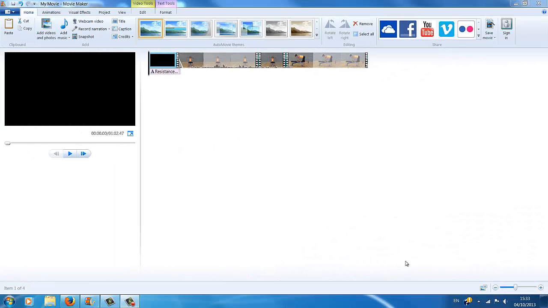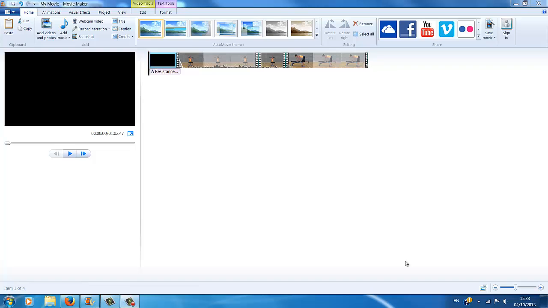So finally, the last thing you need to do is actually produce or save your movie. As you can see, this software program is quite good, and it has a lot of different things you can do to make your movie that little bit better, etc. And if you like that type of thing, have a go and play around with the different buttons and options,